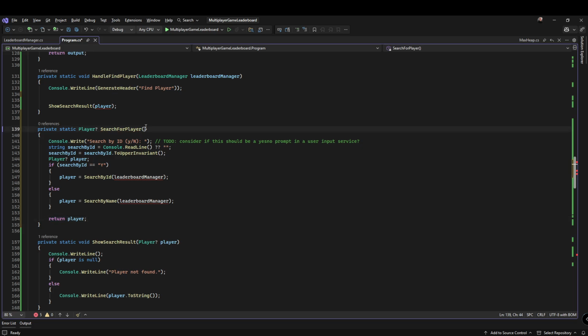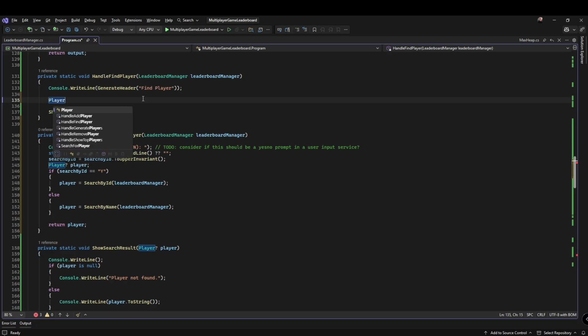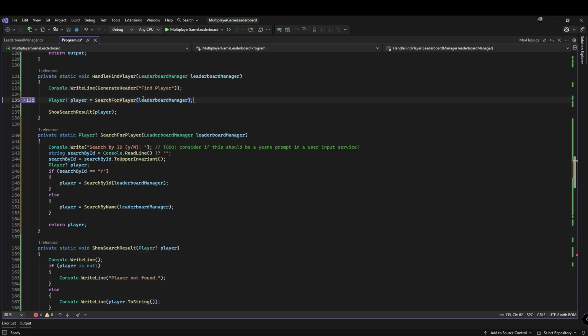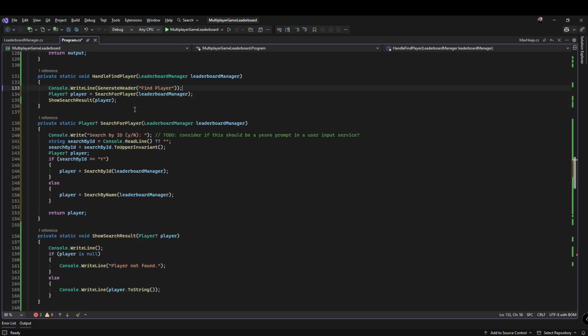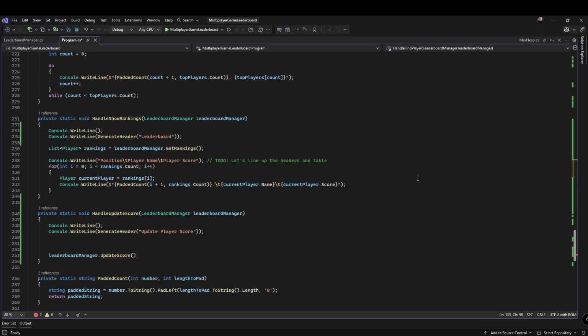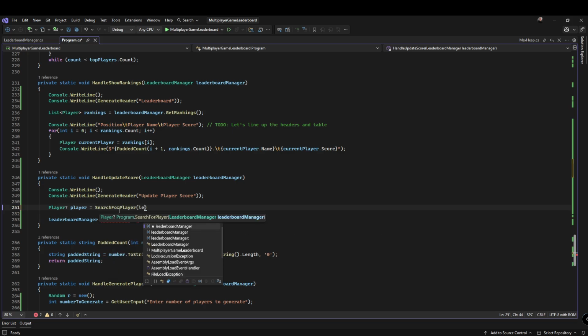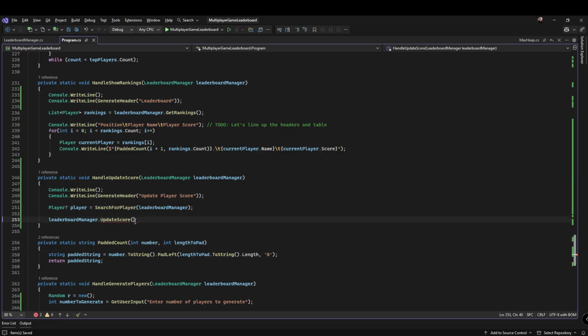Then we return player. It doesn't need something, it needs the leaderboard manager. Player equals search for player, passing in the leaderboard manager. So now we handle that functionality there. We abstracted out a little bit of the logic though, so we can do it down here. So we will do player equals search for player, passing in the leaderboard manager. So now we've got the player.id,